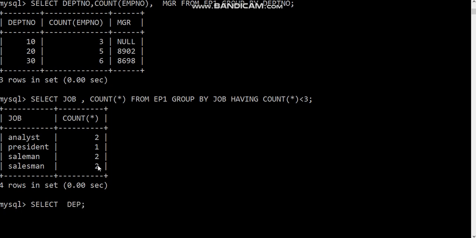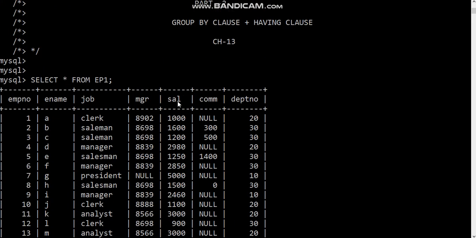Now DEPTNO, department number, comma, now I'll calculate the average commission, average of the commission, comma, average of the salary they are withdrawing. Then from where? From EMP1. Three columns will come. First the department number, then average of the commission and average of the salary. See, we have these two columns here, salary and commission.